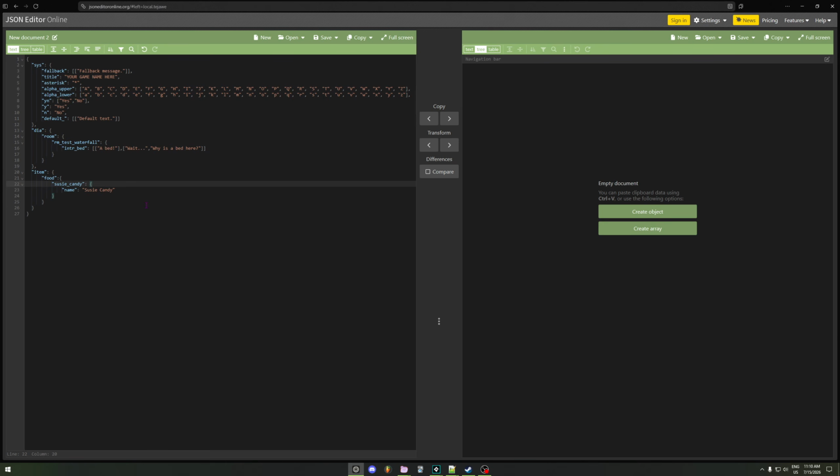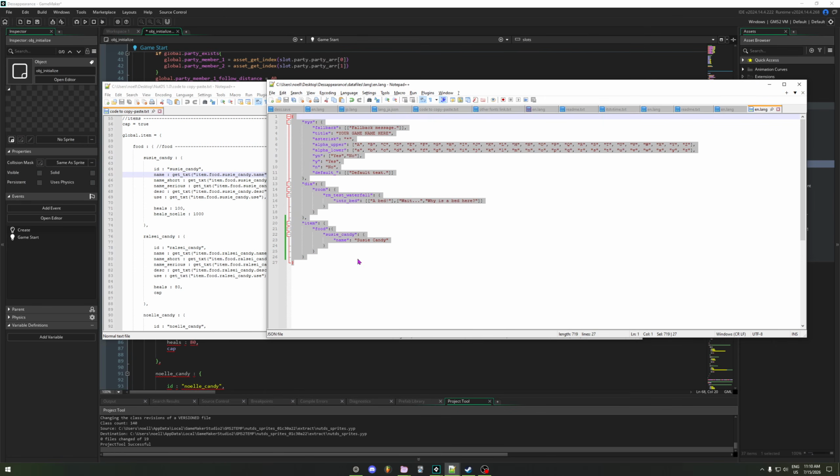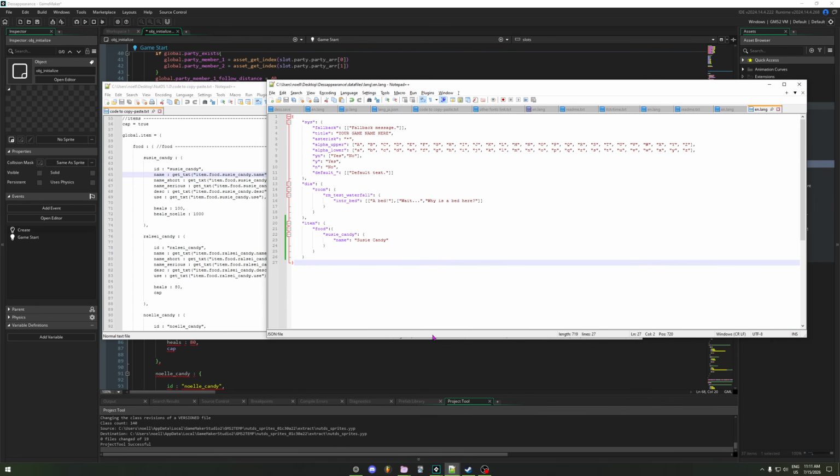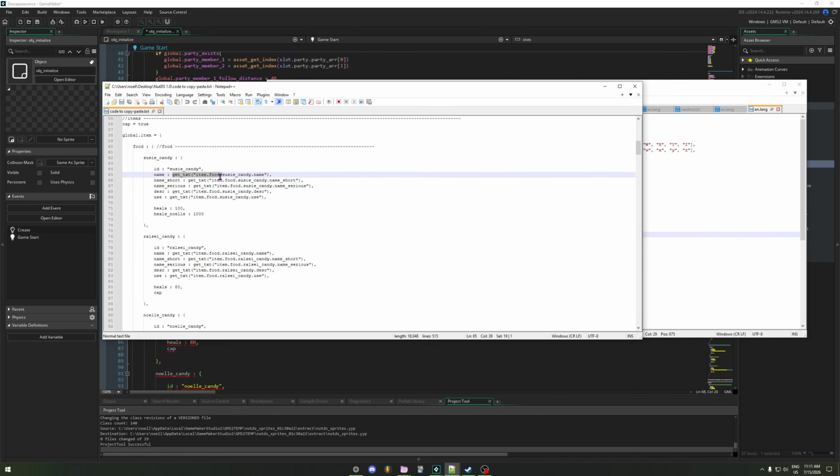And you add that in there. You can also just edit your JSONs in here, but I like to use Notepad++ just because it's a little more streamlined, because I can just press Control S and it immediately applies all my changes. You can use any text editor you want for this, but I'm using Notepad++ because I like it. Anyway, so now within GameMaker, you can see we want to use get text, and then just in a string,